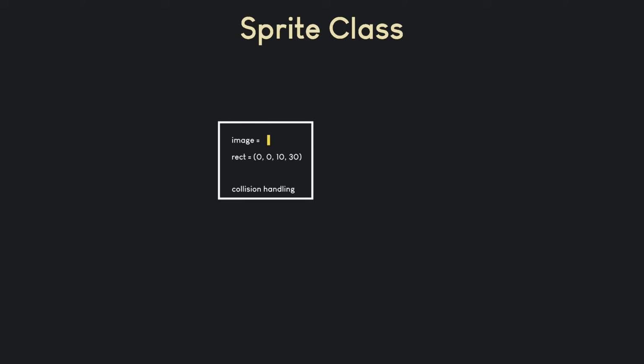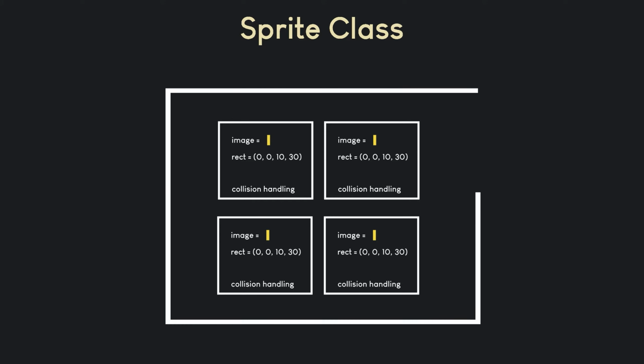You can even put similar pieces together in different boxes. For example, you can have one box for all your spaceship's bullets. It's like magic because it helps your game run smoothly and makes it easier to create cool stuff like aliens and more. So using the Sprite class is like a secret weapon for game creators. But we are not just going to talk about the Sprite class, we are going to see it in action right away. This way you will understand exactly how it works, and trust me, it's going to make creating your game a whole lot cooler and easier.